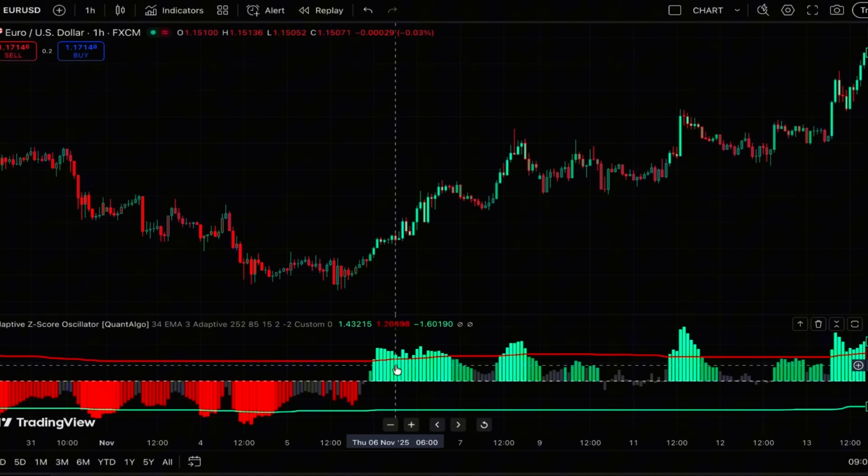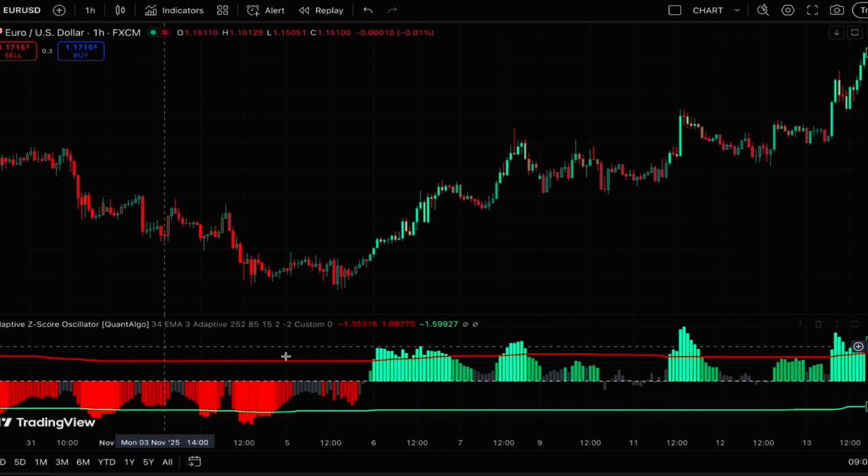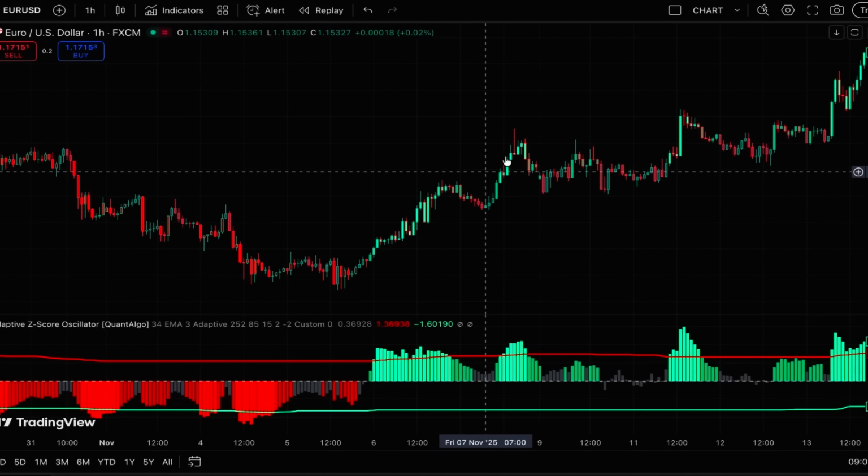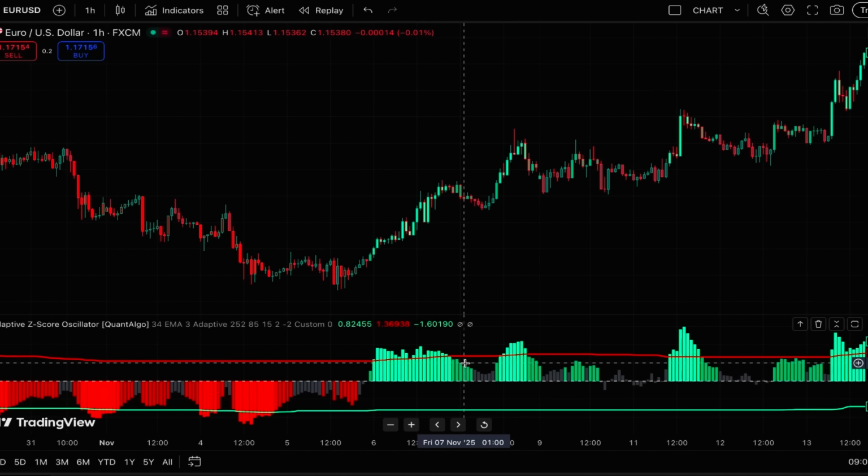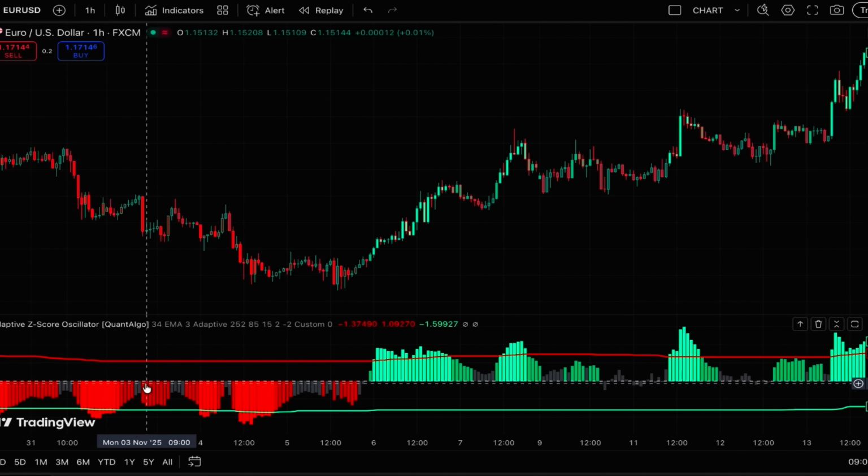One excellent feature of this indicator is that it dynamically changes the levels of the threshold based on the current condition of the market. In other oscillators, the overbought and oversold levels are fixed, but in this indicator, they are dynamic. They change based on the volatility of the market. When there is a higher degree of volatility in the market, the thresholds expand to be responsive to the wider swings of the price. And when the volatility is low, they contract so they can capture the smaller swings of the